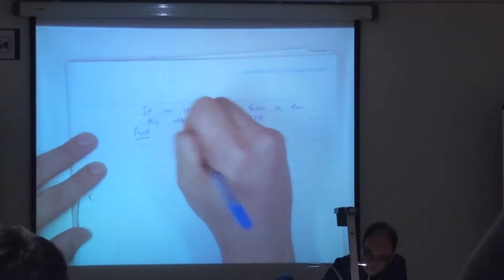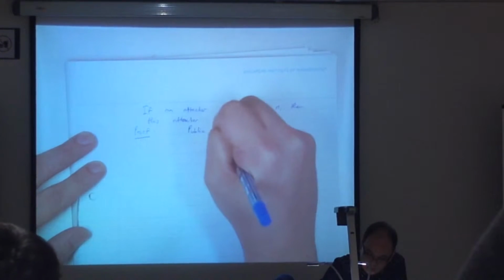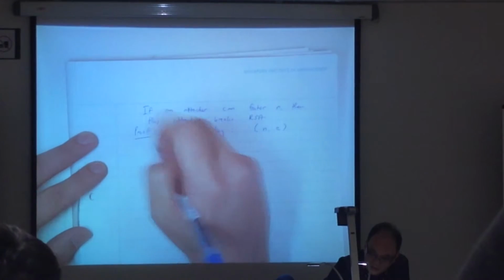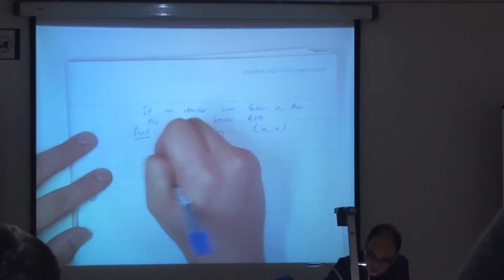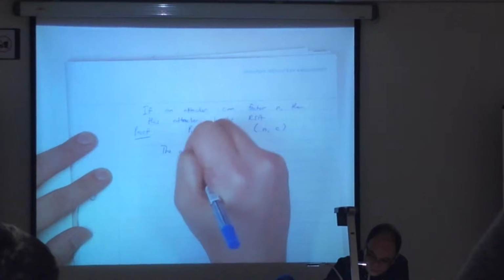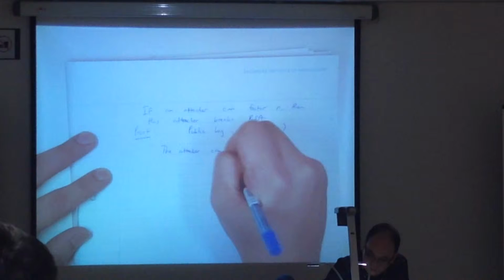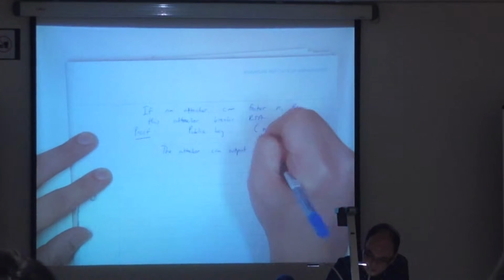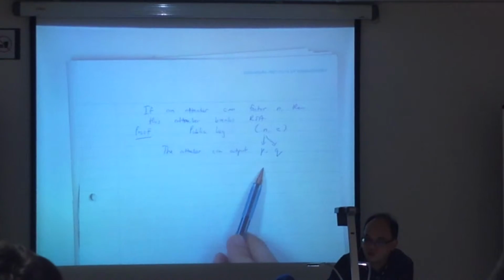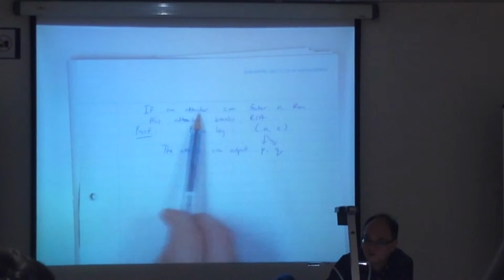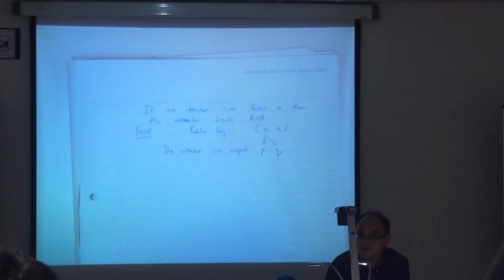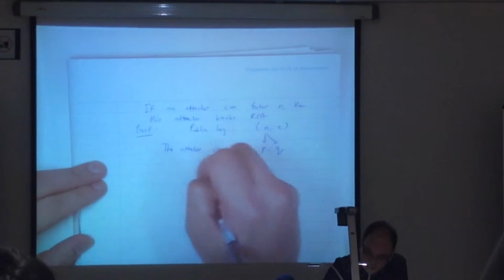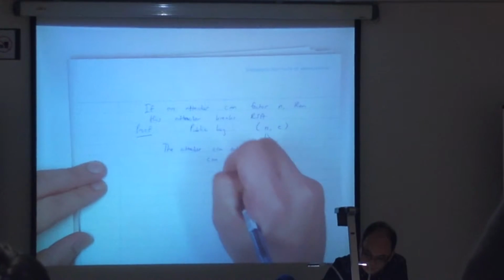You see the public key. The public key is N and E. Okay, then from this attacker, the attacker can output P and Q from N. Why can the attacker output P and Q? Because we assume the attacker can factor N, right? That's the assumption. If the attacker can output P and Q, then the attacker can compute